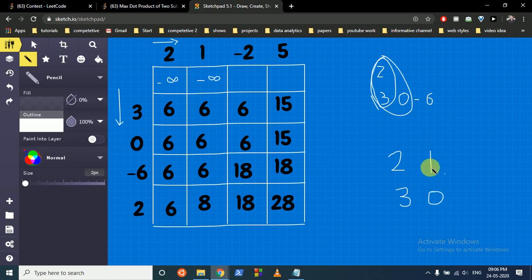So I'll tell you how. Okay, if we take 2 and 3, then the maximum we get is 6. The dot product can be 6, plus we multiply them, which is 0. So it turns out to be 6. Or what I can do is, I multiply this and this. I can only take this and multiply it with 3.